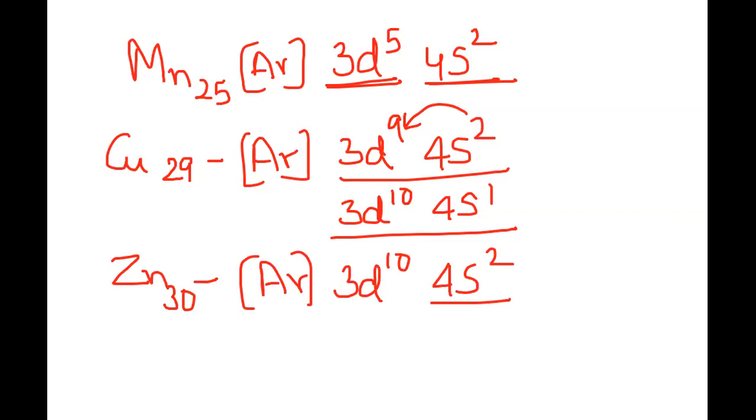In the case of zinc also it is 4s2. The outermost electron, the last electron, is entering the 4s. So it's going to be n is equal to 4, l is equal to 0, m is equal to 0, s will equal to minus half. Okay, this is it. Now let's come to the more difficult one.